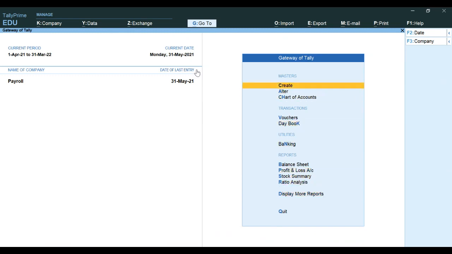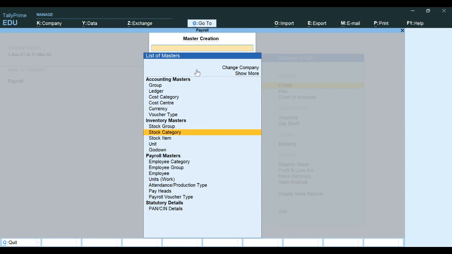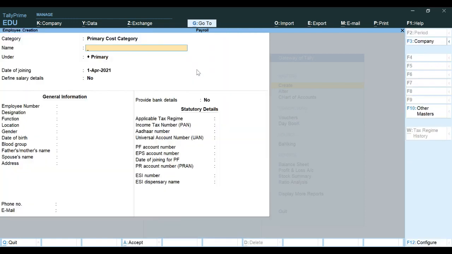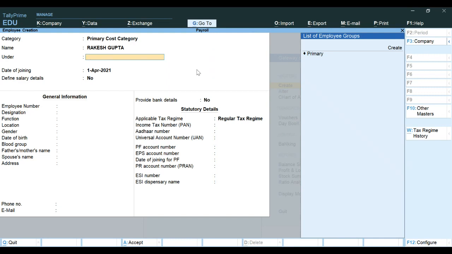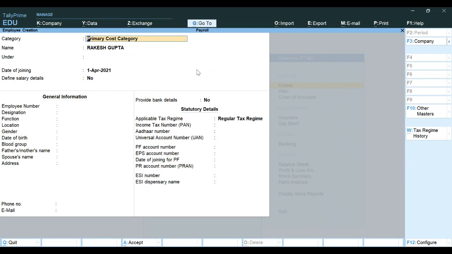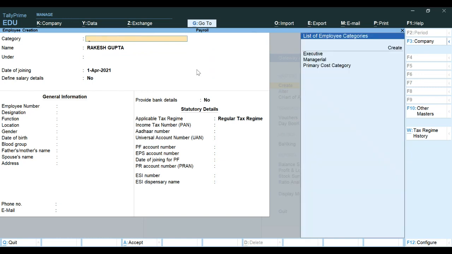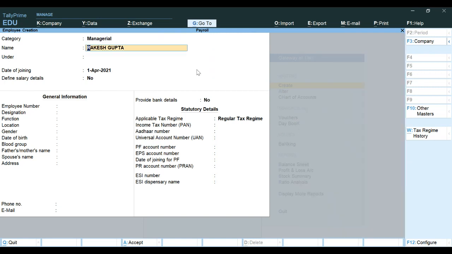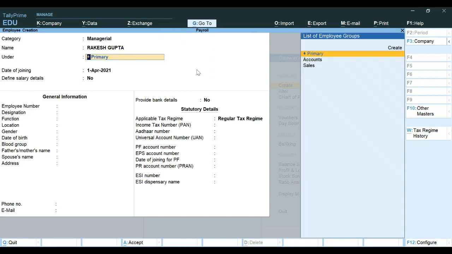If I consider create employee, my next employee name, I consider Rakesh Gupta. As per my plan, he is under managerial also, so no problem at all. Under accounts,